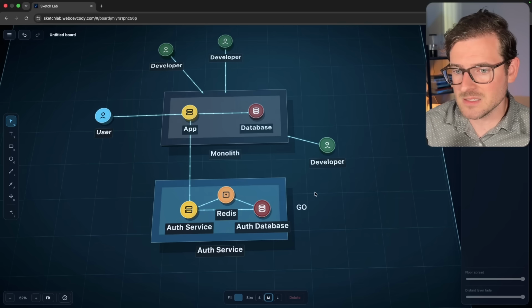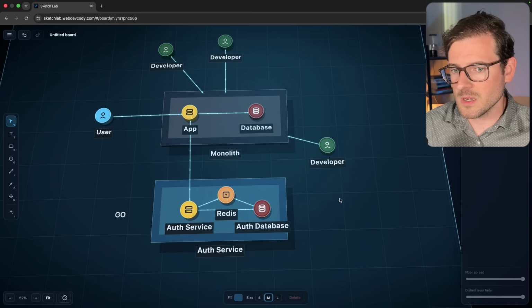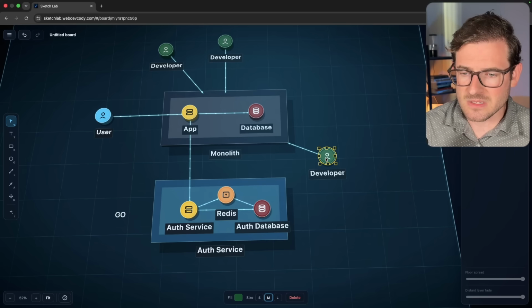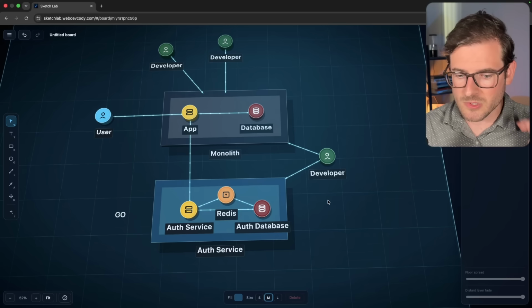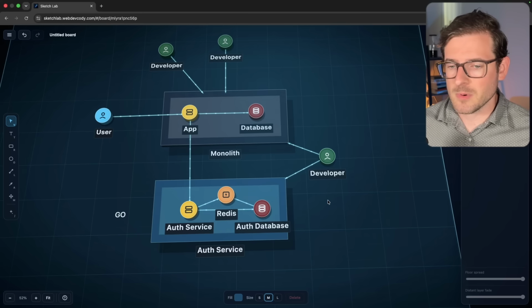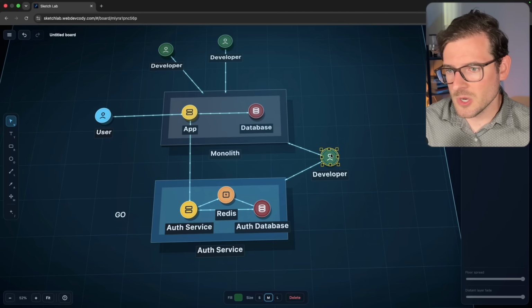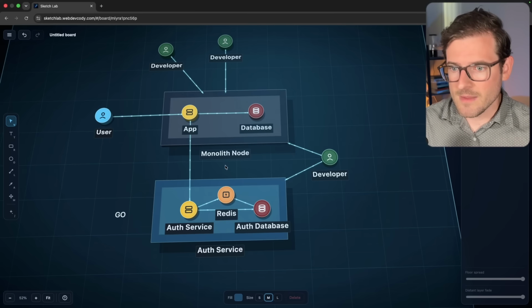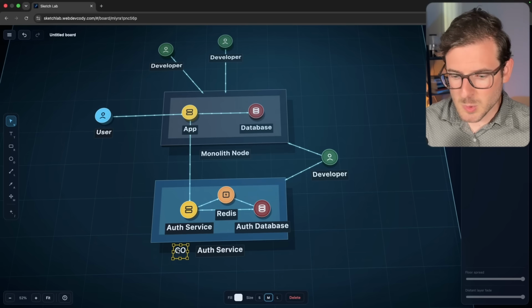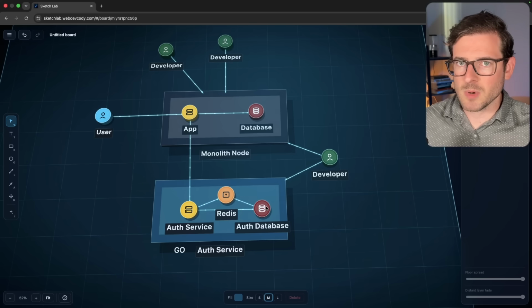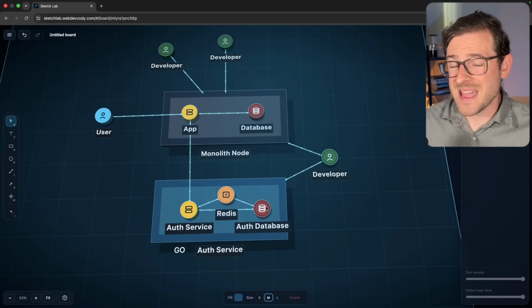I will say that it can make things a lot more complicated when it comes to deploying, orchestrating, and maintaining all this, because now we talk about some of the downsides. This developer now needs to care about 2 different services. Whether this code lives in a monorepo or in separate repos, it doesn't matter. Someone needs to know how to write whatever code this monolith was written in. Let's just say it's Node, JavaScript or TypeScript, and now the auth service was written in a different language. That's a completely different language. Typically it's different frameworks, a different ecosystem, which adds to the burden for the developer to be able to manage both of these things.